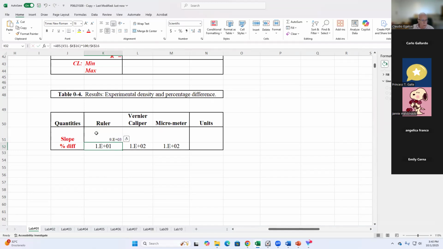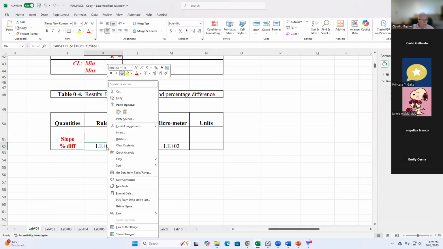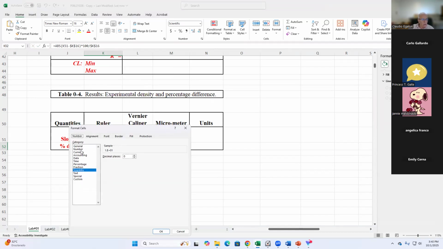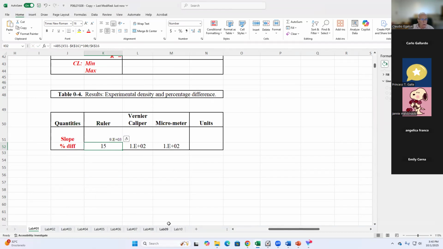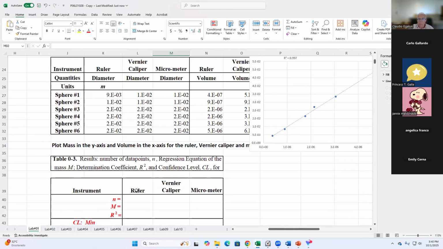9162. I'm not getting 20%, I'm getting less. Format cell. Let's see, number. Let me see, maybe. It looks like you made a mistake there. Okay. I'm getting